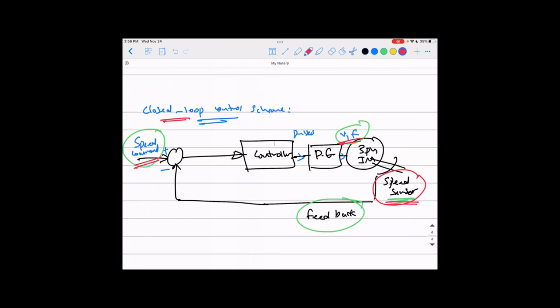Okay guys, so that's the basic idea of how you can control the speed of a three-phase induction motor in open loop or in closed loop, and how the control speaks to the power electronics converter by controlling the pulses going to the switches. According to the voltage and frequency of these pulses, the power electronic converter will generate a voltage with different voltage and frequency going to the actual motor to control its synchronous speed, and in turn it controls its mechanical speed. Okay guys,